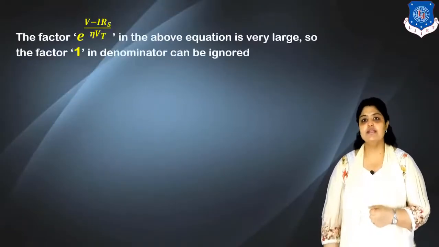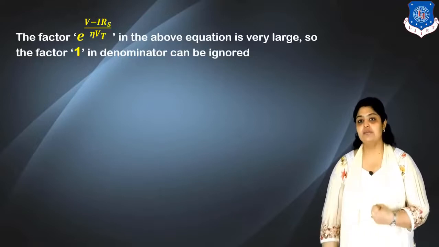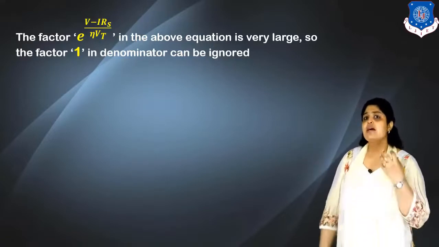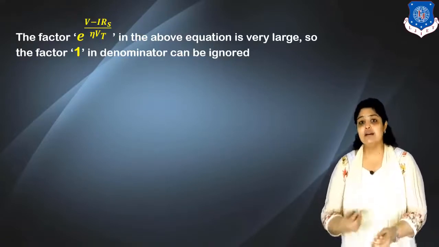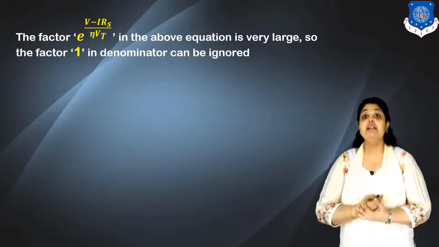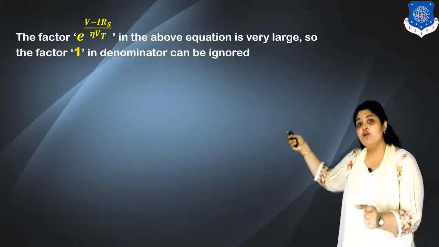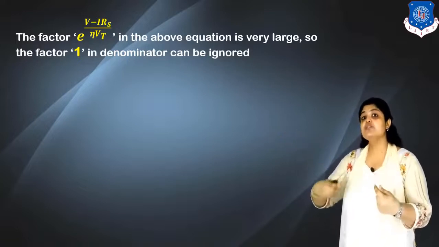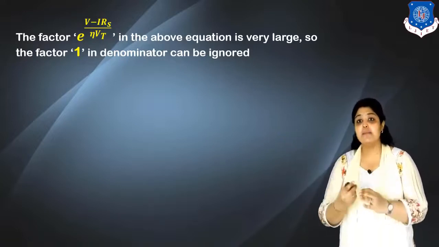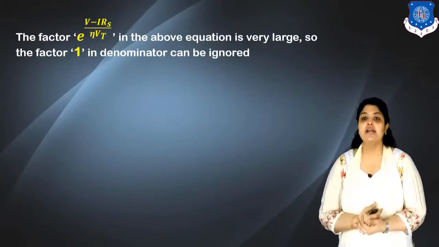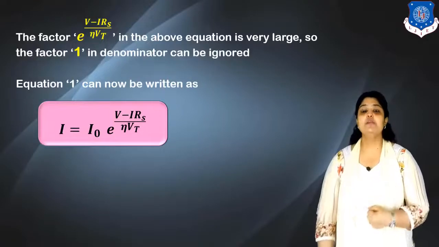So now what we do is, we use this equation number 1, but in this equation number 1, there is a factor e raised to V minus IRS upon eta Vt. I have just explained that Vt is the thermal voltage. Even at room temperature, it has a very, very low value of millivolts. So I have a very low value in the denominator of this exponential term. That means the factor e raised to V minus IRS upon eta Vt in the above equation will be very large. And so the factor 1 in the denominator can be ignored and our equation will be reduced to